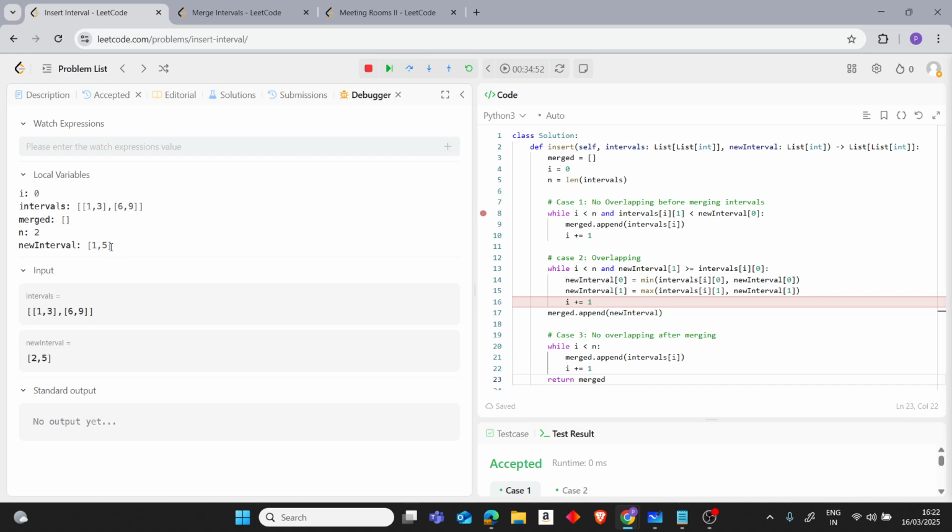So now my new interval will be 1 and 5. You can see it was updated. Previously it was 2 5, now it's updated to 1 5, and we move ahead. So I plus or equals to 1. Now my I is 1. We can see that. Okay, so we know that now this condition is not satisfied